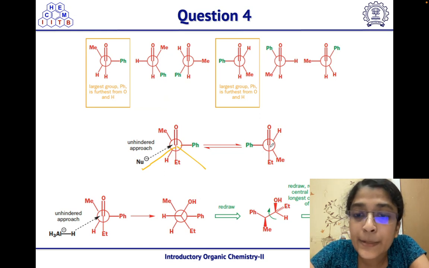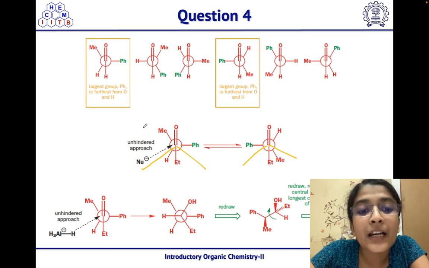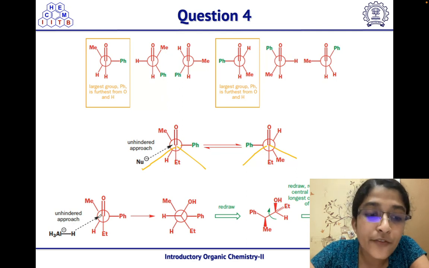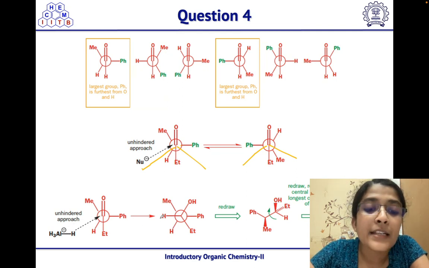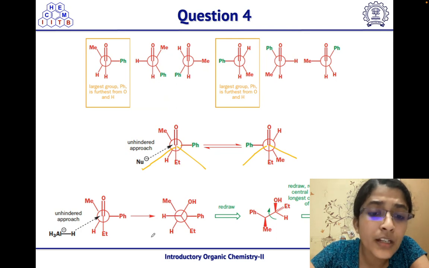Whereas in this case, these are the two positions from where nucleophilic attack can take place, and out of these, here there will be hindrance because of this bulky phenyl group, and here there can be hindrance from this methyl group. So this will be the unhindered approach for the nucleophile to give the more stable product. So we can see lithium aluminum hydride can attack from this less hindered side, and it will give this product. And if we redraw this Newman projection,